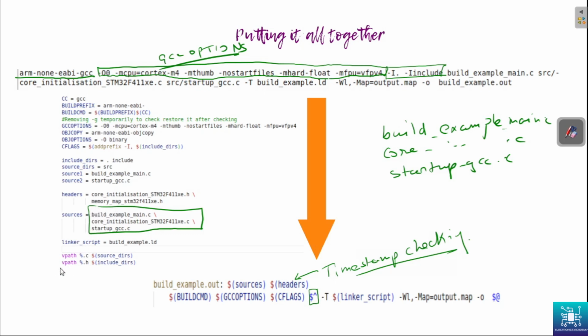Okay, so what does vpath do here? We have anyway given the source file names. So the vpath searches for these sources. So these .c files, vpath actually searches within the source directories. So source directories are given here, src. So what vpath does is it searches in the source directories. And when it finds the file, it puts the right path here, ./src something. Since build example main.c is in the main path, we don't need to